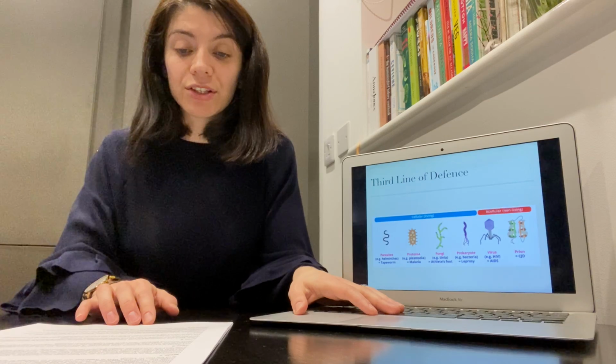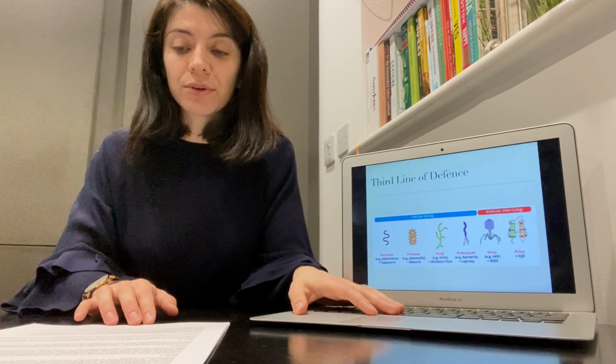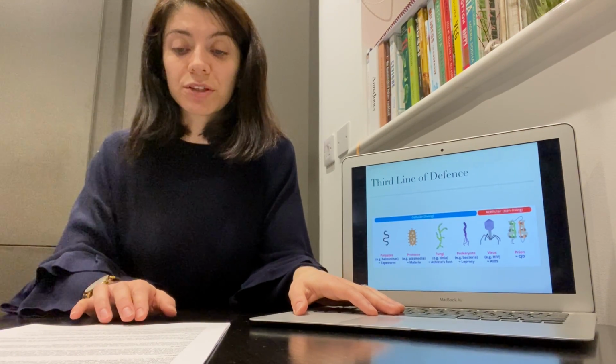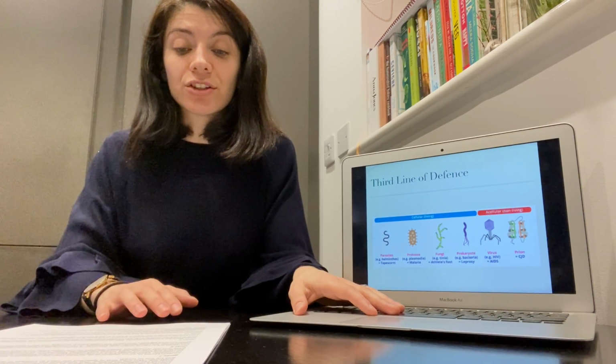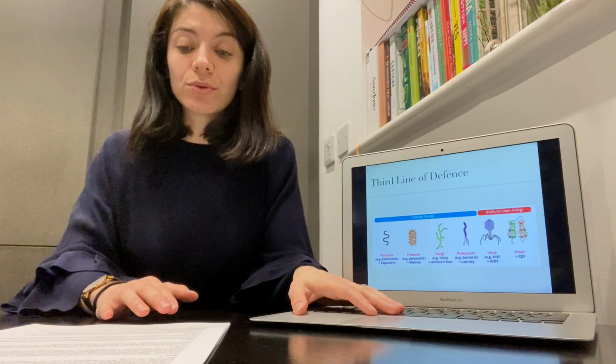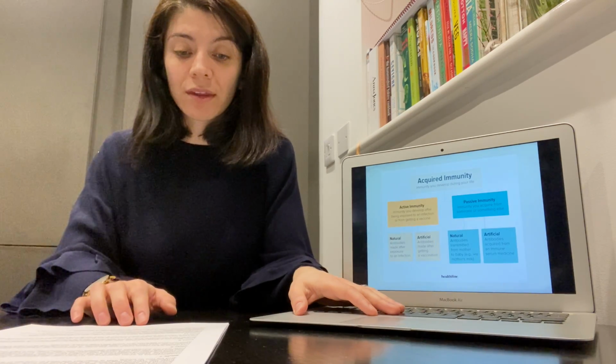Then you have antigens, which are the part of the pathogen that tells the body it is being attacked and starts the immune response. A battle that the body is up against is the fact that it needs the antigens to infect the body in order to know to stop the infection.